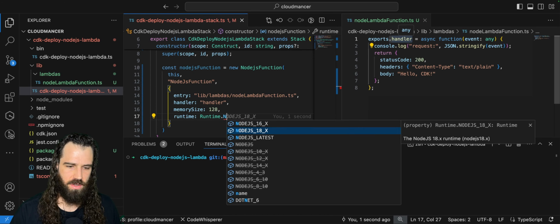So let's just go ahead here and we'll go to CDK deploy. I'm using the profile flag here because I have a lot of different AWS accounts, and I want to use the account that I specifically use for this YouTube channel. We'll give that a few minutes to deploy because it will need to build the image through Docker.